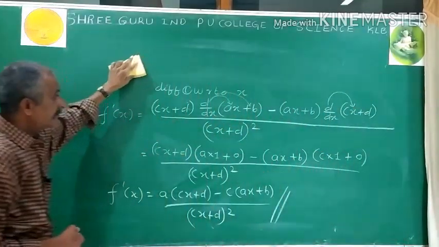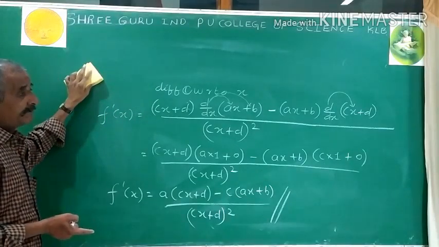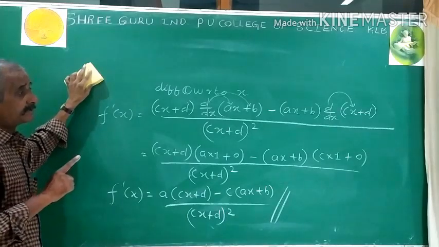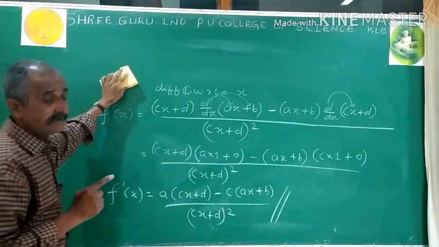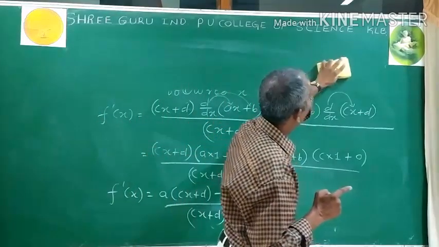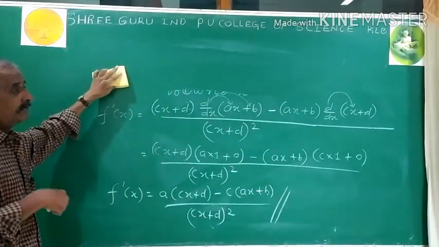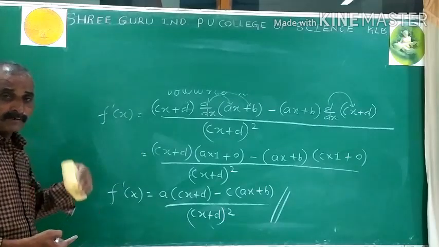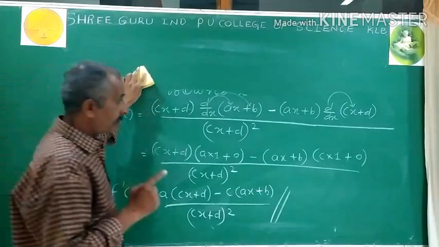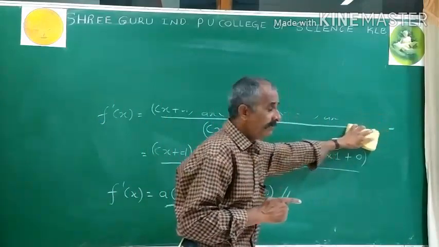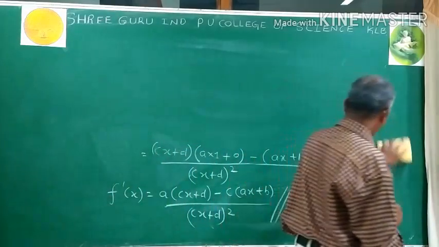Write the next question, and keep in mind that all these problems we are solving will make you perfect in applying the sum rule, product rule and quotient rule, because in differentiation these are the important ones. If you do not know correctly what the sum rule, quotient rule and product rule are, you cannot study the calculus part deeply. That's why first try to understand how to apply them. It will be very useful in the coming days. Next problem.